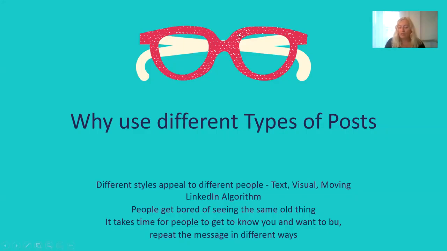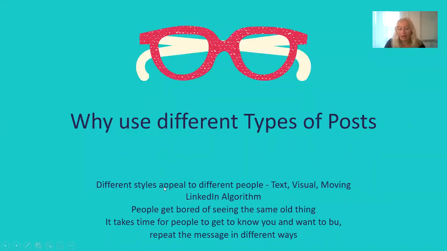Some people are very visual. Some people will like moving things. Some people will like to read. That's why a lot of adverts on TV are visual, because a lot of people do consume visuals. And if you think about when you're a kid, most storybooks have nice pictures. We typically remember things quite often if it's visual. So using visuals is important, but it's great to have a mix. And as I said at the beginning, I'm not really a text-only person, but I do it for the second reason,